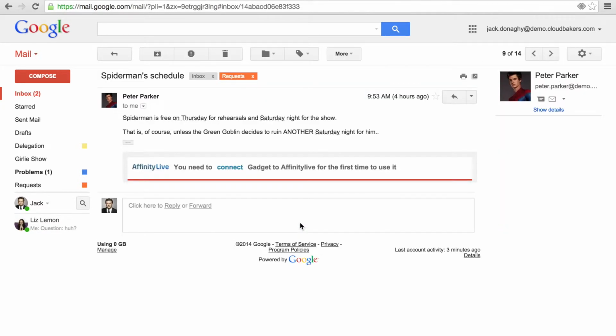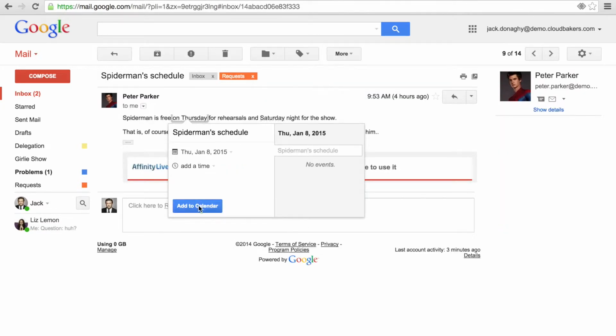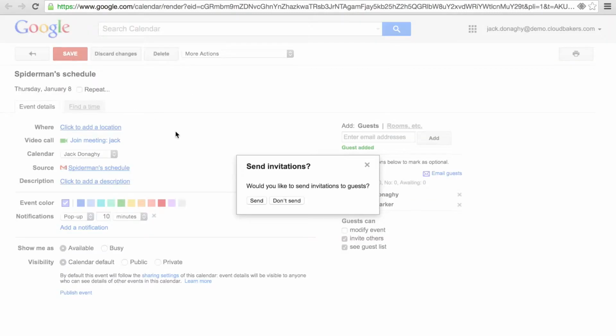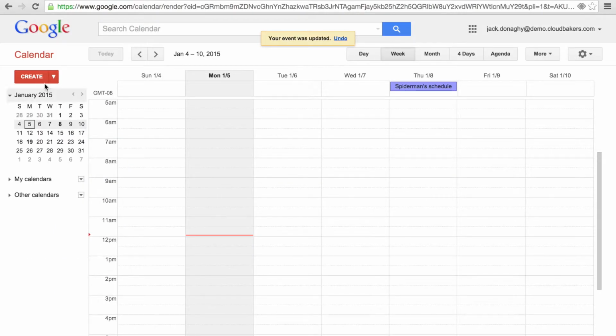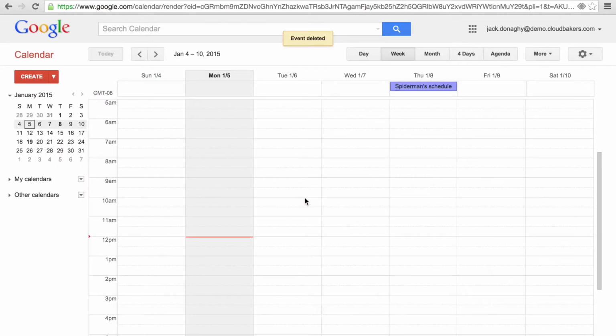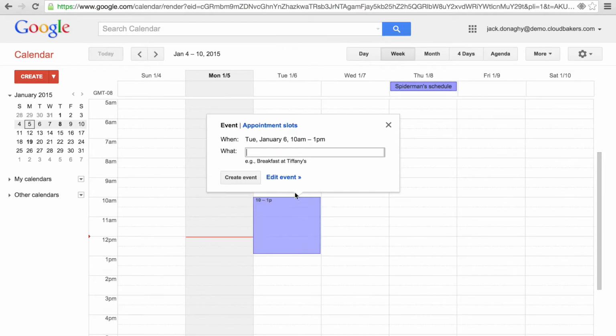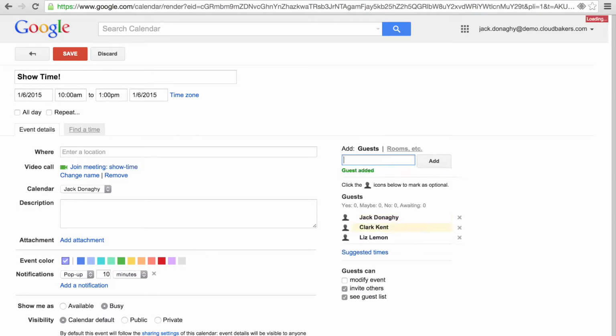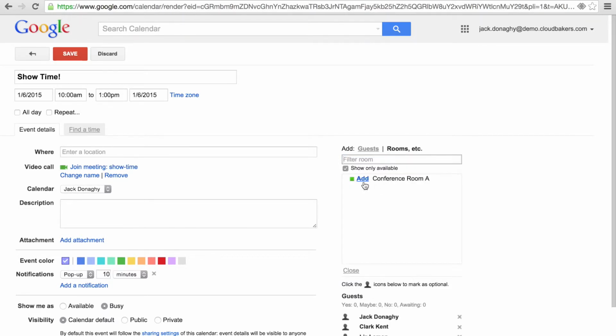The last thing I'd like to touch on here is having the ability to schedule something on my calendar from an email message. Other ways to schedule events are located in the Google Calendar app. The self-explanatory way would be to click the Create button here and fill out the information. You can also drag over the desired time of your appointment to get to the same detail screen. From there, you can fill in the name, location, and any notes you have for the given event. On the right-hand side of the page, you have the option to invite and email other guests and choose a room or resource you'd like to reserve.